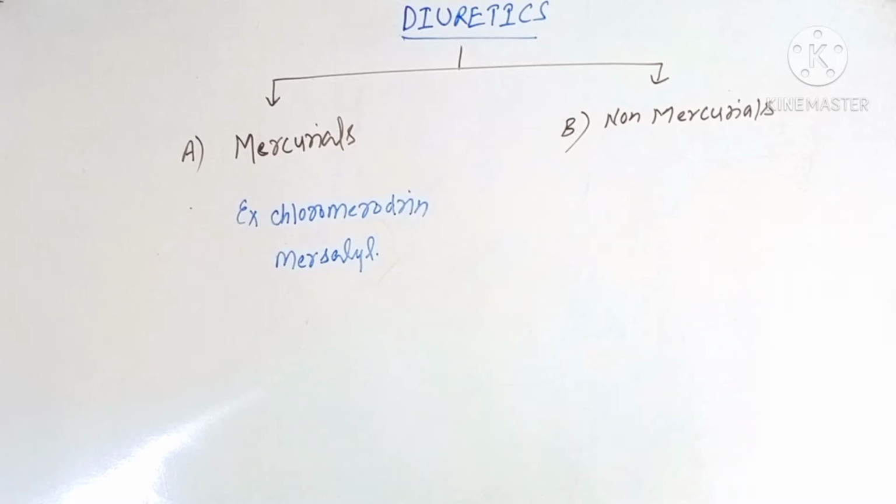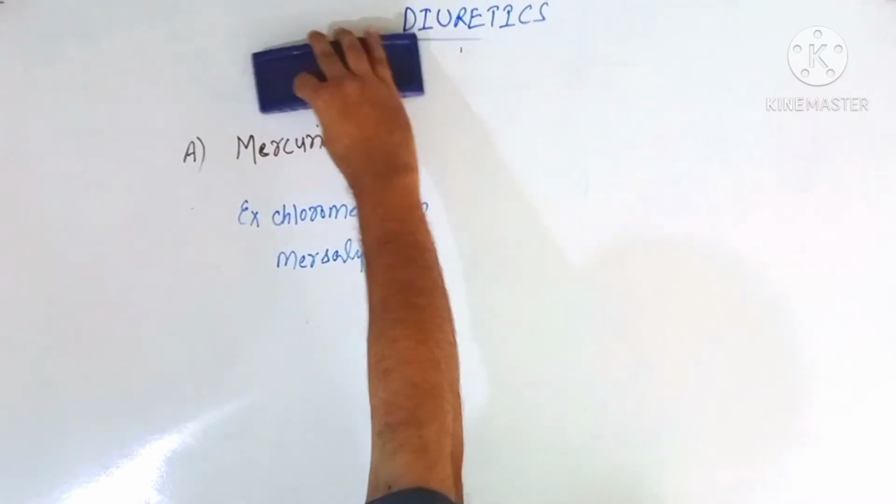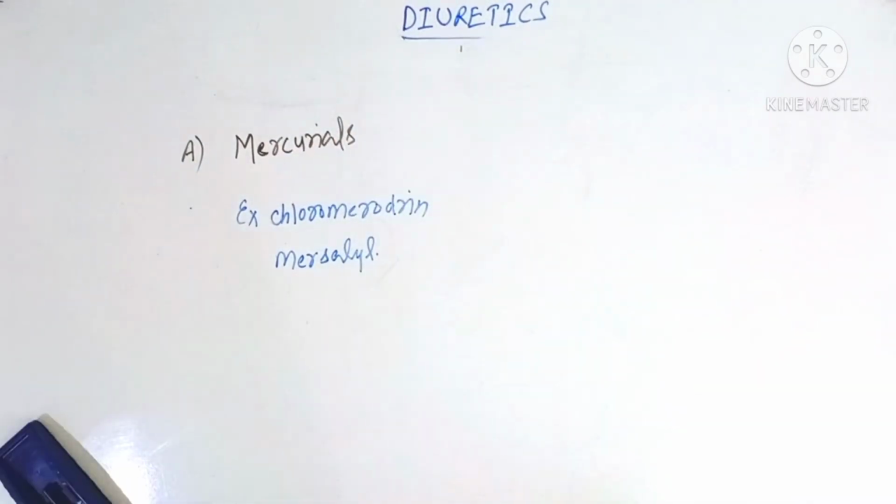So let's begin our discussion. First we will see the structure of mercurials. First we will discuss the drugs which come under mercurials, that is, mercurials as diuretics. The general structure of drugs which come under this class is